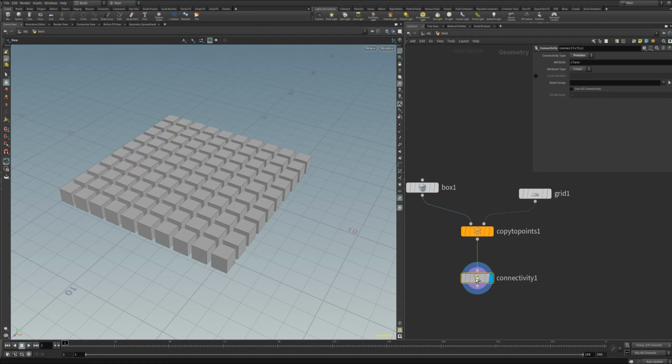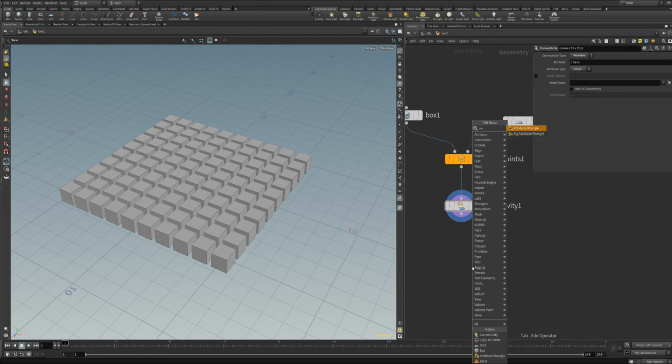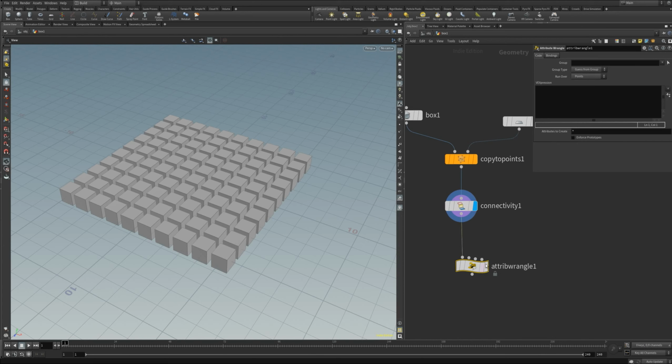Then we need an attribute wrangler to type some lines of code. Change the type to primitive here because we let the wrangler run over primitives. So, in here we need first a seed variable to alternate our values to get each time a different result. So type here: float seed = rand(ch("seed"));